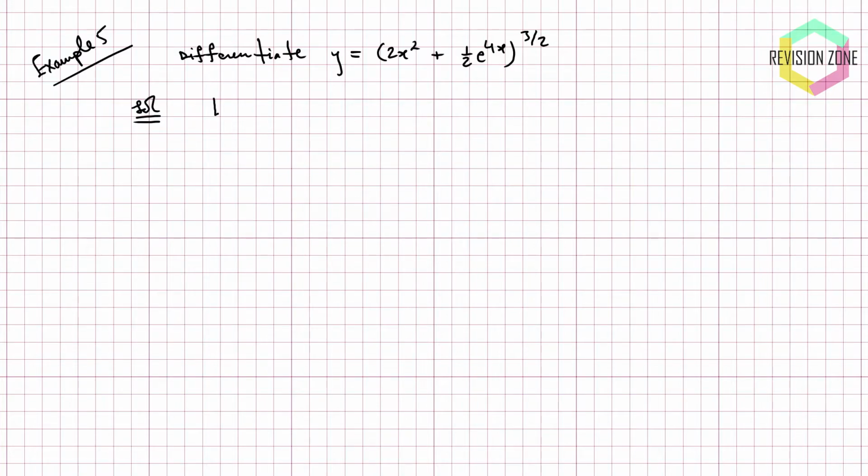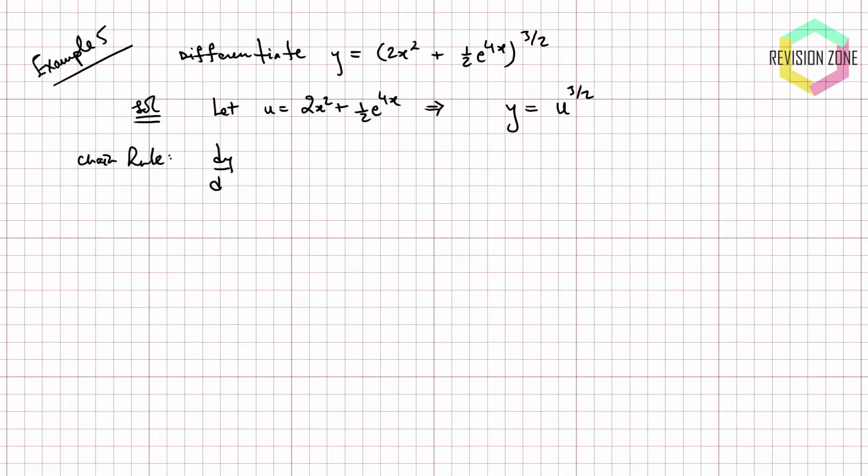So again, we want to work in Leibniz notation, so we're going to say let u equal everything on the inside of the bracket, right? Because we can differentiate that alone by itself. So let's make that to be u. So it's going to be 2x squared plus a half e to the 4x. Well, that tells me that y is actually equal to u to the power 3 over 2. And that's reassuring because we can definitely differentiate this y in terms of u, and we can differentiate this u in terms of x. So we should be able to use our trusted chain rule,